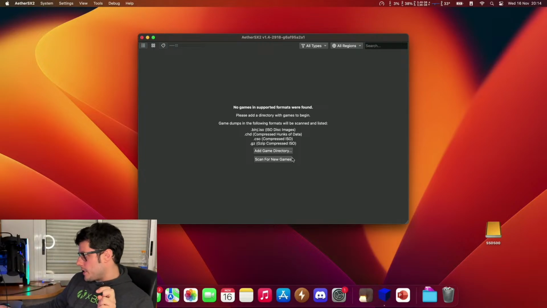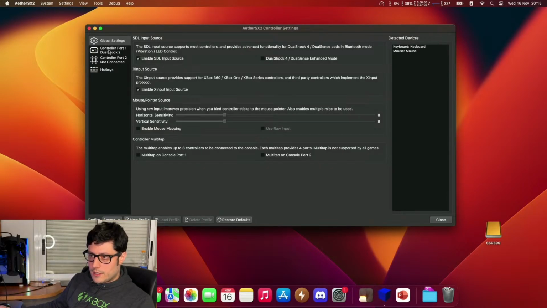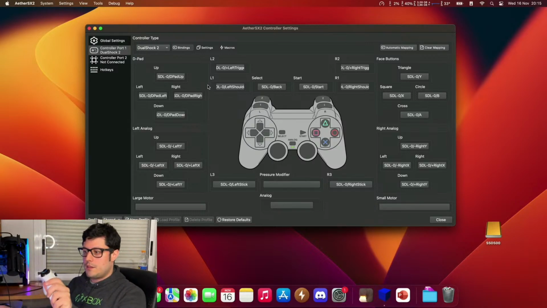Basically all you've got to do is download this, add the BIOS files, and set up your controller, which you do here. Where is it? Here we've got controllers, and you just have to map the controller, obviously. But in my case, I'm using the